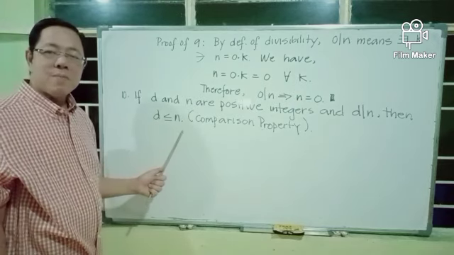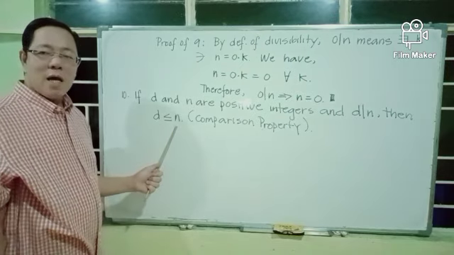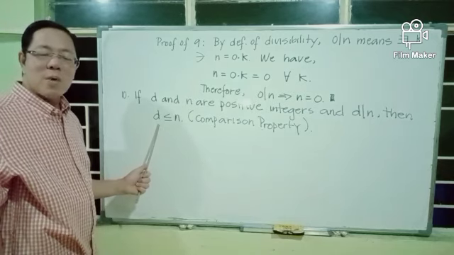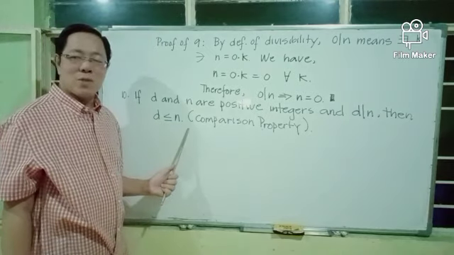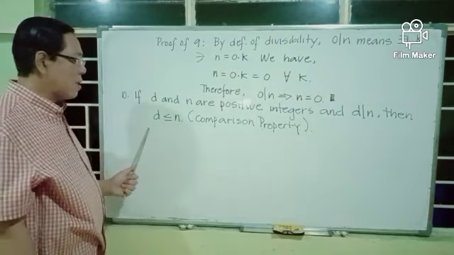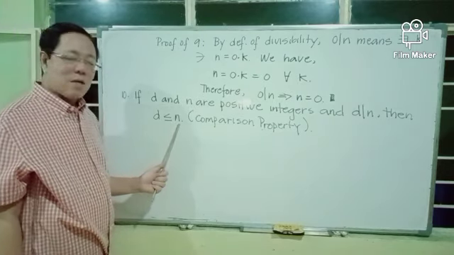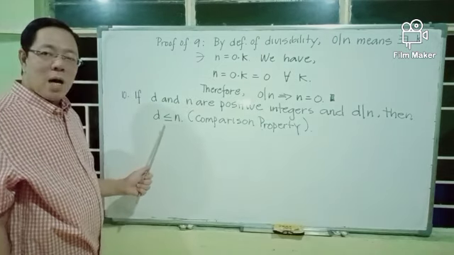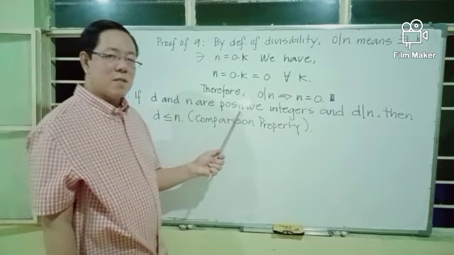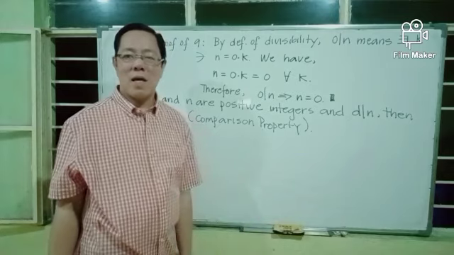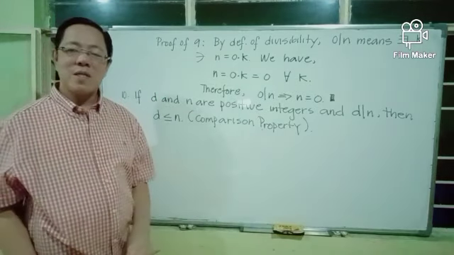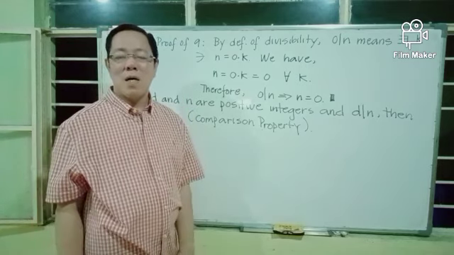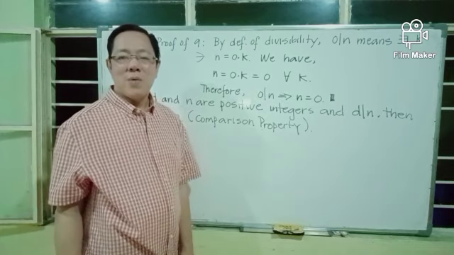We are able to compare the integers D and N. The integer D is smaller than N, or the integer D is exactly equal to N. Or if you read from right to left, the positive integer N is greater than D, or the positive integer N is exactly equal to D. And this will only happen if the integers D and N are positive and D divides N. Again, if D and N are positive integers and D divides N, then the divisor D is less than or equal to the integer N. We now prove this